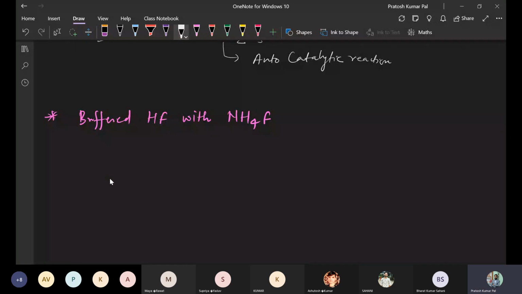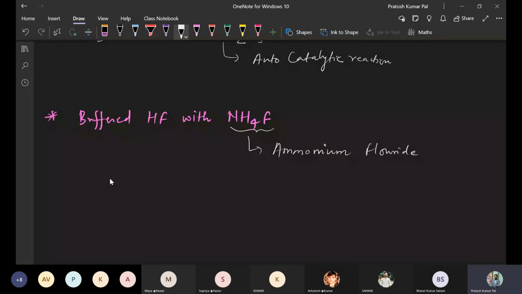This NH4F is ammonium fluoride. So when we are mixing the HF with ammonium fluoride,